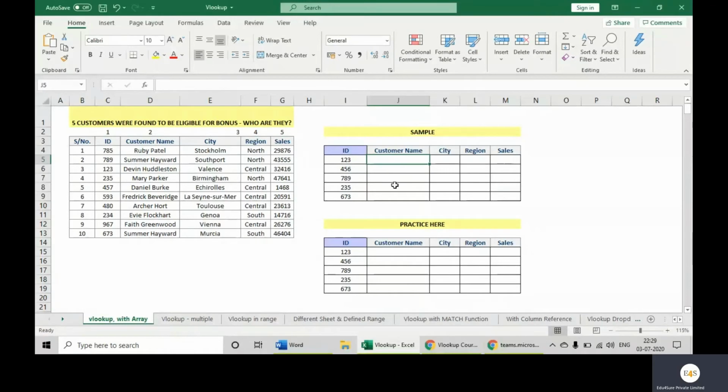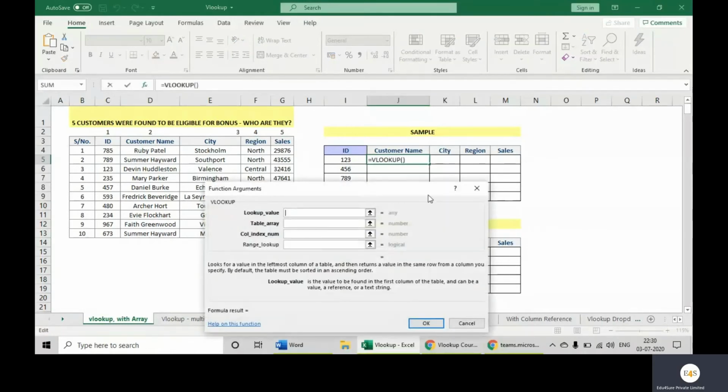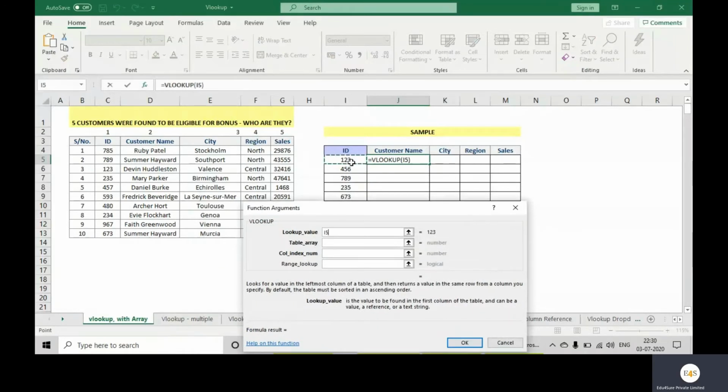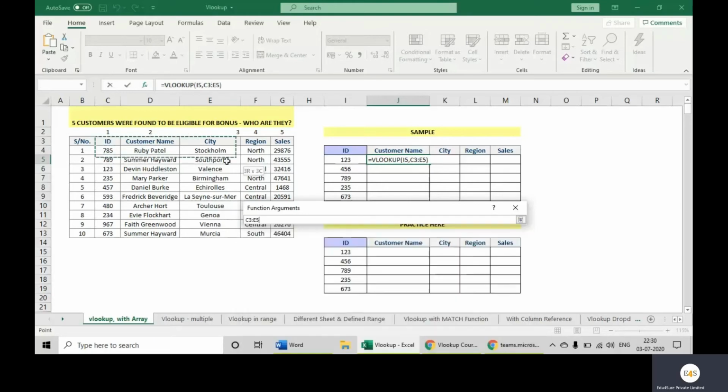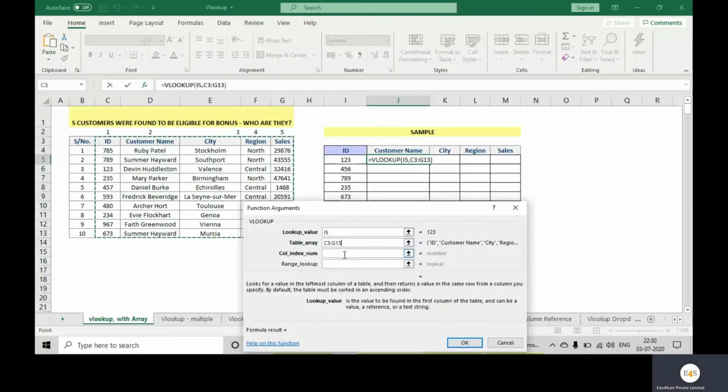So how will we write the formula? VLOOKUP. My lookup value is 123, my table array takes ID as the first column, as I explained, index number 2, as I need the customer name, which is in column number 2, and for range lookup, I will write FALSE because I'm looking for the exact match.